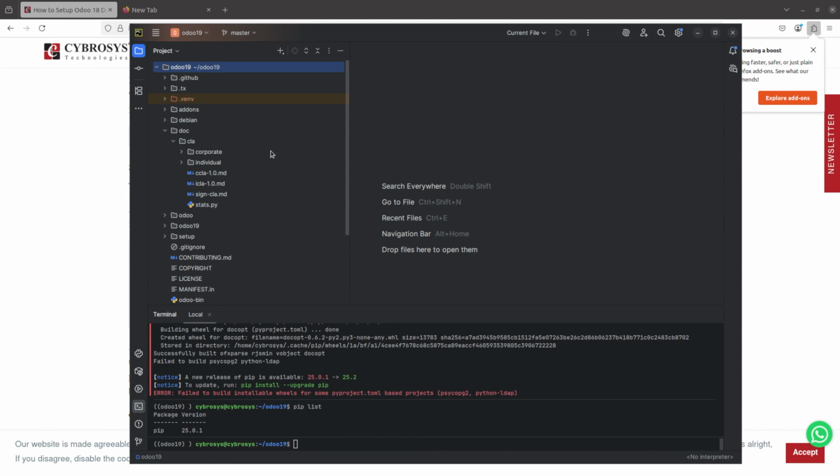If you encounter any errors, open the requirement.txt file and install each dependency individually using the following command: pip install, and you can provide the requirement name. Once everything is done, we have to create the Odoo.conf file in the Odoo19 directory. To create the configuration file, move to the Odoo19 directory and right-click